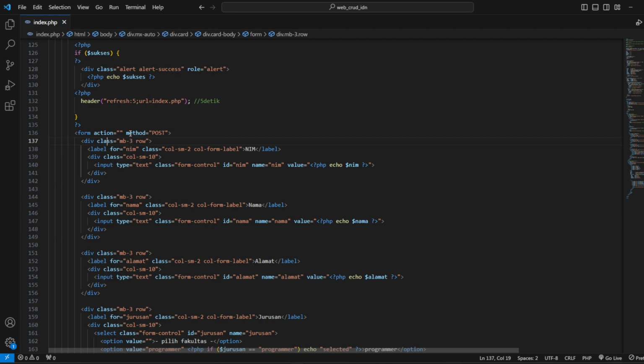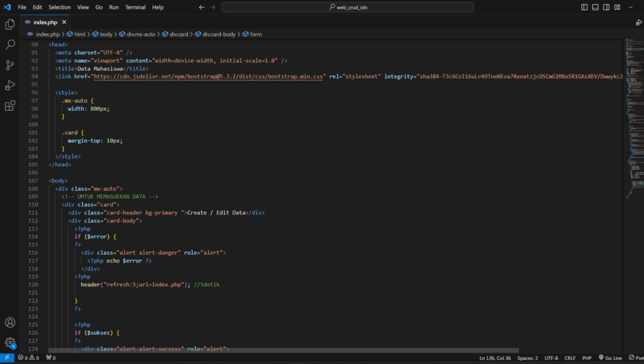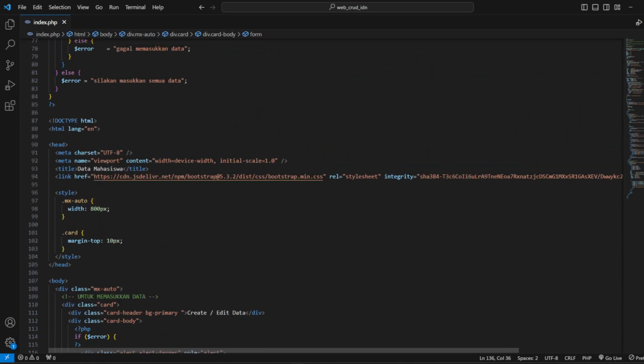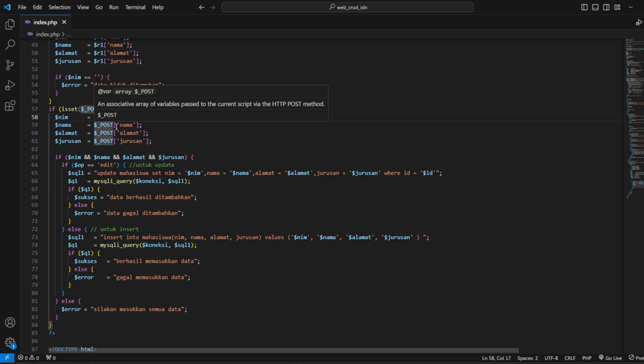The important value is the method is post, because it posts the data. Nah, and then you can call the variable, the underscore super global, the post also, like that.